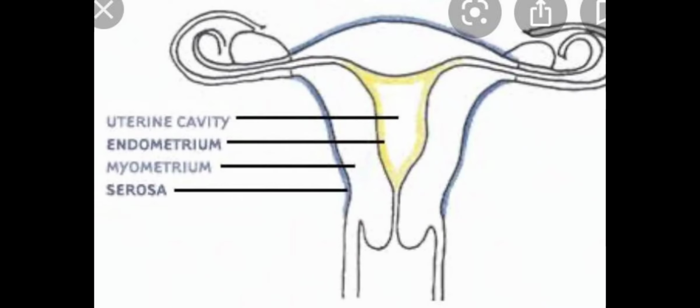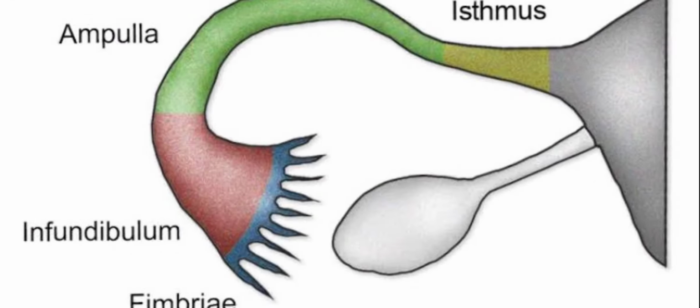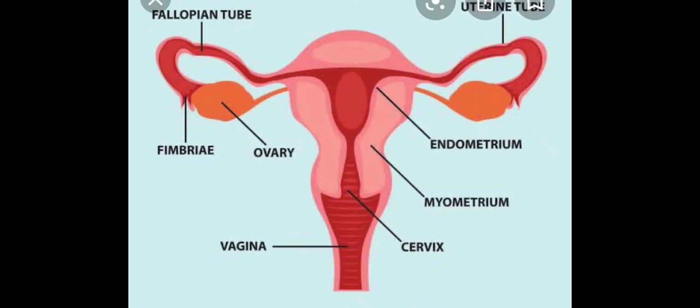You can see the uterine cavity here with all the 3 layers. The perimetrium is also termed as serosa. Then you can see the middle layer which is myometrium and the endometrium. Now the uterus opens into the vagina through the narrow cervix. The uterus mouth is basically known as cervix, and the cavity of the cervix is called the cervical canal, from where childbirth occurs, that is the birth canal. This is the complete structure of our female reproductive system.